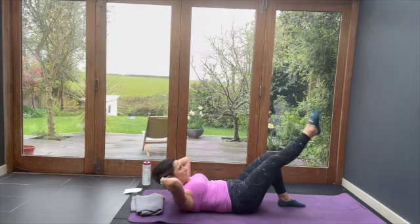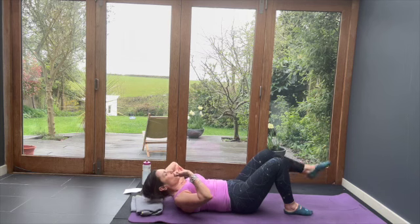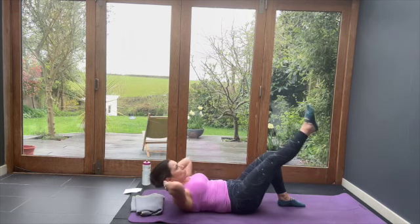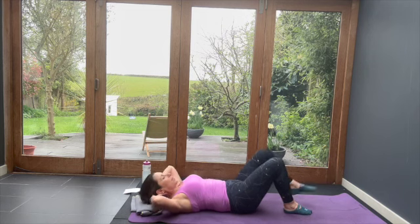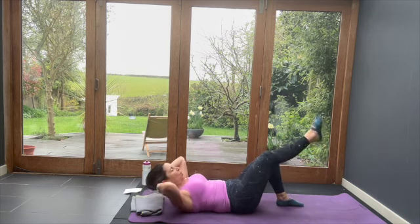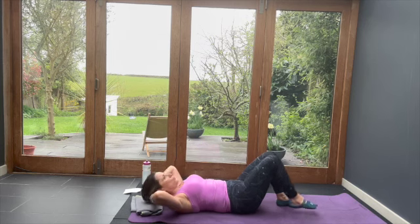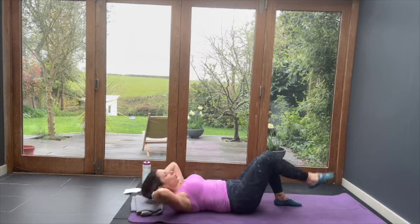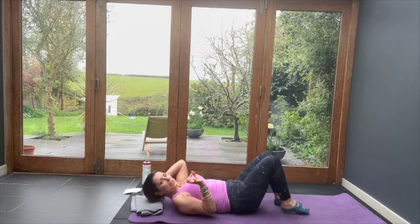Lifting, breathing. We talked about our shoulder blades in the setup. Think about your shoulder blades coming off the floor, off the floor, so it's not all in the head and neck. Lift the shoulder blades. Imagine that you can see your